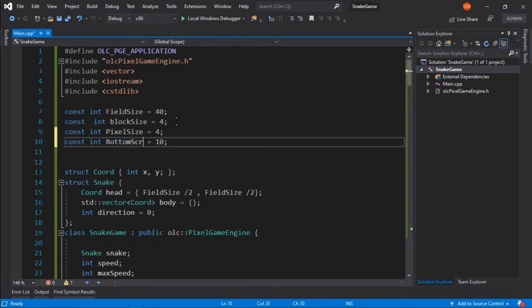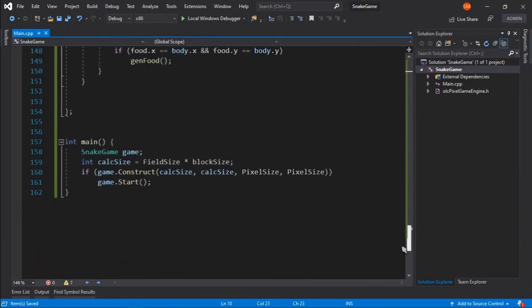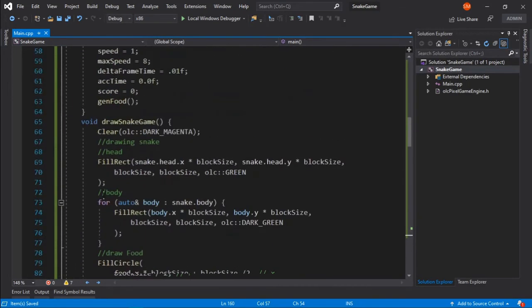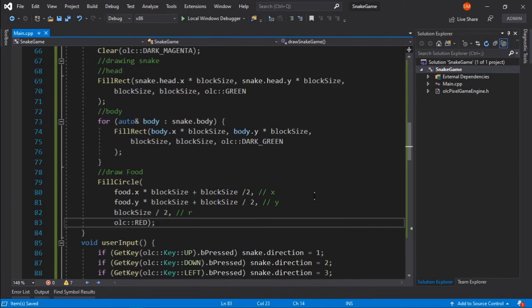And we will have bottom screen in case of height. So this will be calc size plus bottom screen, and we will draw a line separating the bottom screen, where we will print the score.